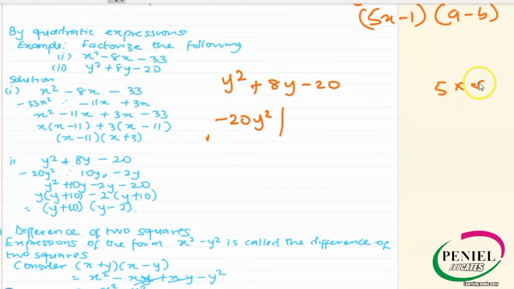use 5 times 4, 10 times 2, that is 20. Is there another thing that I can use to multiply? 20 times 1, that's 20. So 5 times 4, if I do any arithmetic like addition, subtraction with this, it can't give me 8. But this particular 10 and 2, if I do anything on it, can give me 8. So I can do